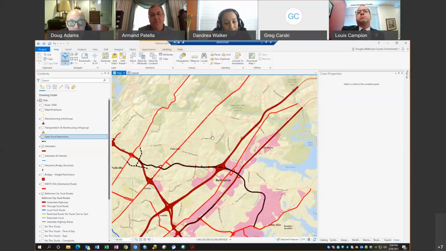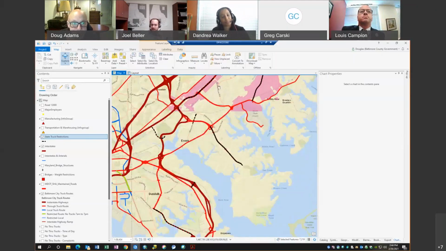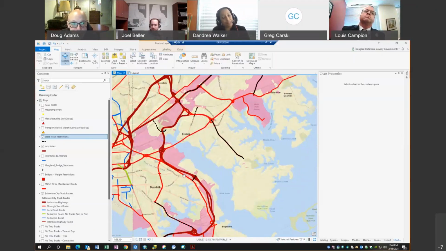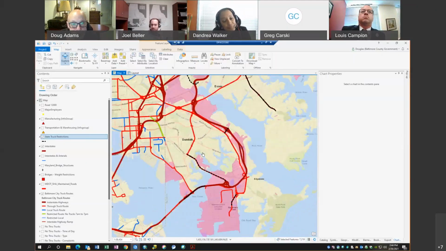I just want to make sure we're solid on what we're doing on that. Is the decision point on the table to mark it as a preferred route or not mark it as anything? It sounds like we don't want to necessarily mark it as something directing trucks away from it, but is it not a good idea to mark it as a preferred route if it flows into a city restriction?